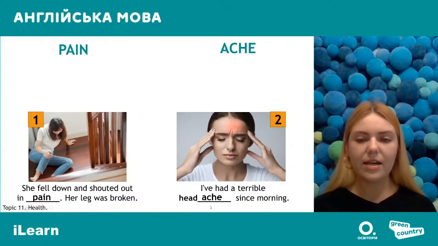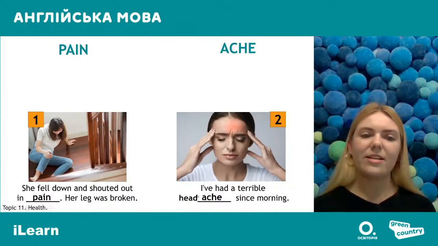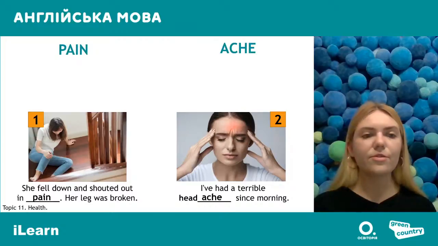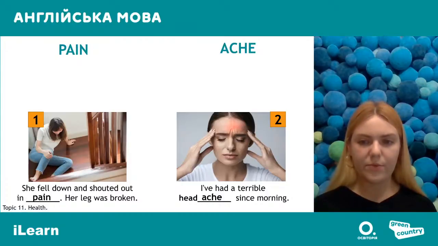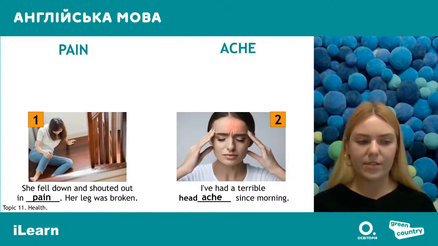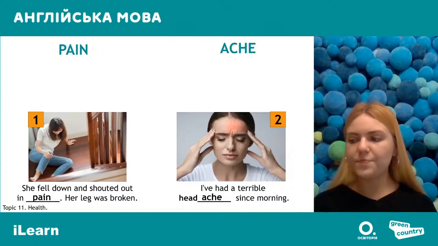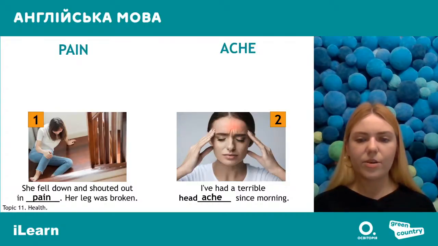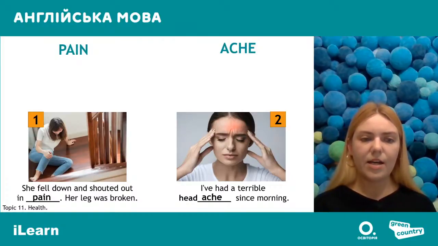So first of all, let's look at ache, yeah, because it's a bit easier, it's commonly used. So ache, it means that it's not really strong, it is continuous, and you can ignore it. So if you have a headache, for example, even if you have a terrible headache, you can continue, you can ignore it for some time, you can continue doing something, you can go to school even. So it is possible to ignore for some time. Тобто, коли ми говоримо ache, це біль, який часто продовжуваний, і його можна терпіти. Тобто, якщо у вас headache, головний біль, ви можете продовжувати займатися своїми справами, принаймні деякий час, тобто ви можете терпіти